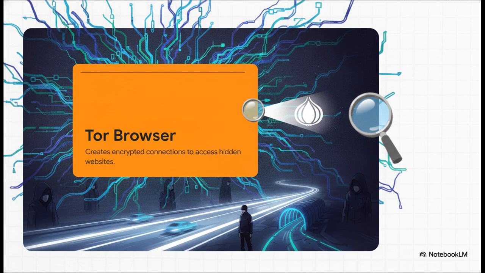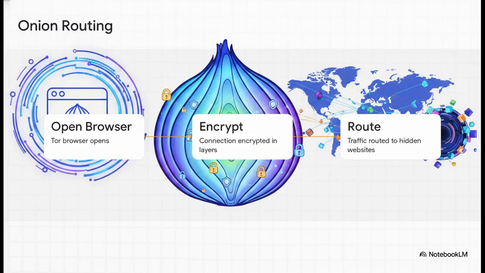It basically takes your direct, easily traceable connection and replaces it with this incredibly complex, heavily encrypted pathway. When you open Tor, you're essentially putting on a digital disguise. You're trading the fast, highly visible highways of the open internet for a labyrinth of hidden, ultra-secure back alleys. And this brilliantly illustrates exactly how that labyrinth functions.